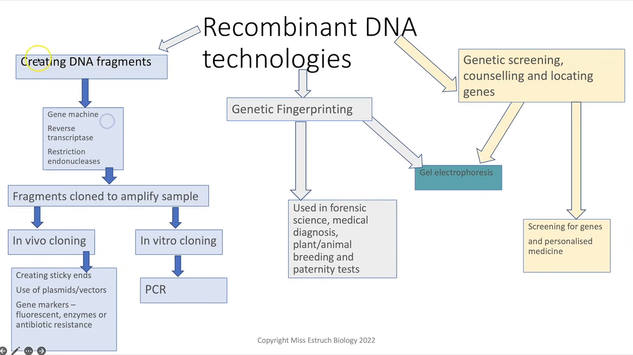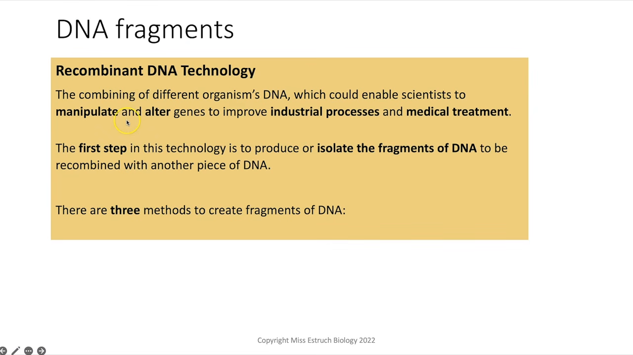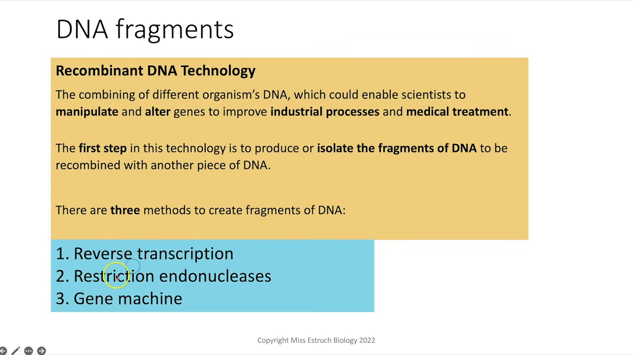And we're going to be looking at this branch first of all, how you can create DNA fragments to do genetic engineering, because all of this bit here in the blue is genetic engineering. So DNA fragments: the first step in this recombinant DNA technology is to isolate the fragment of DNA that you want to insert into the DNA of another organism. And there are 3 methods that can be used to isolate these fragments of DNA: reverse transcription, restriction endonucleases, and